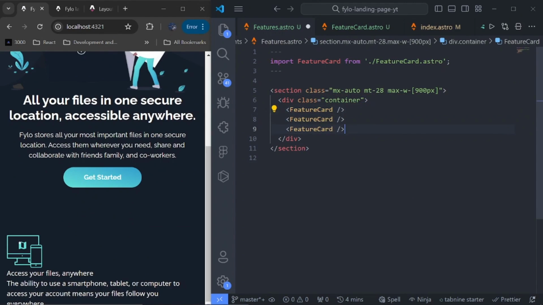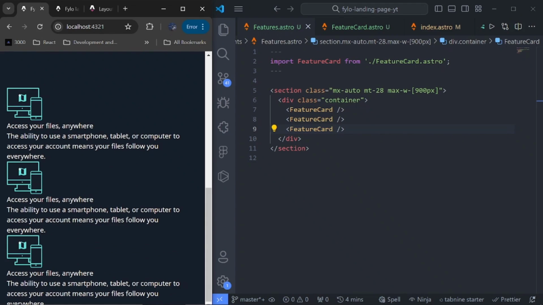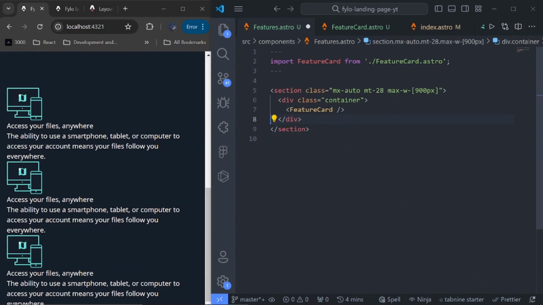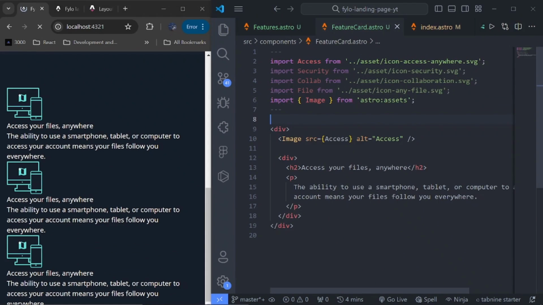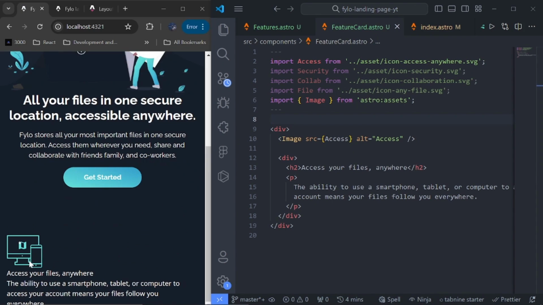So by the time we copy this like 3 times, you can see we have 3 of it. So let's just leave it at this. Okay, let's leave it at 1 for now. And now we have to style this